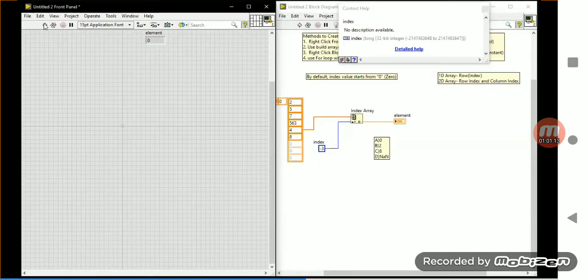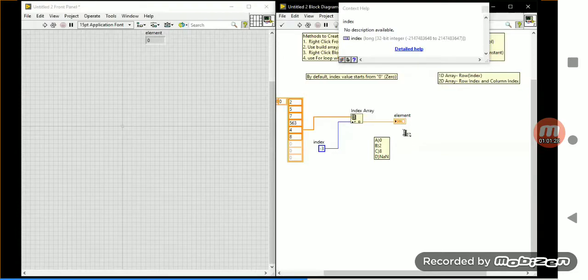But people who set the answer 2 thought that if the index value is a negative number, the Index Array function will return the 0th index value. But it is not like that.